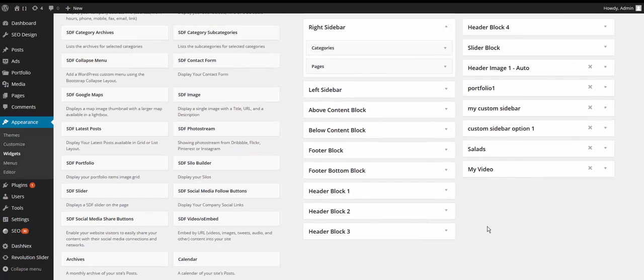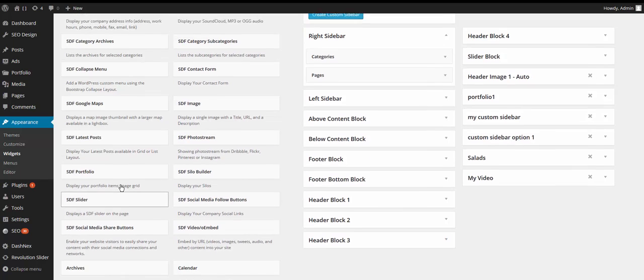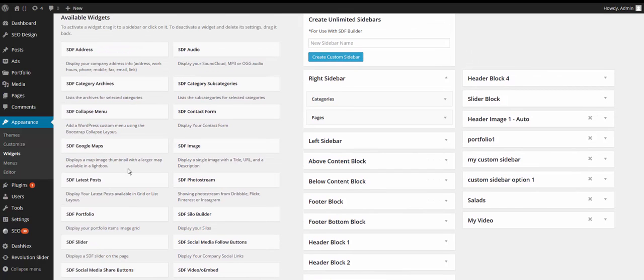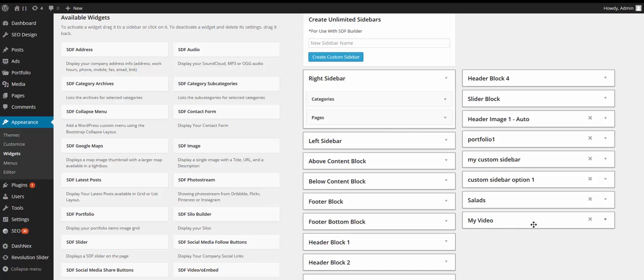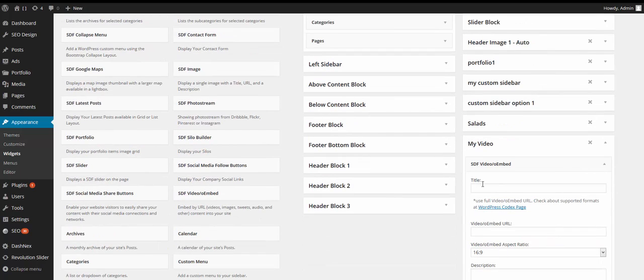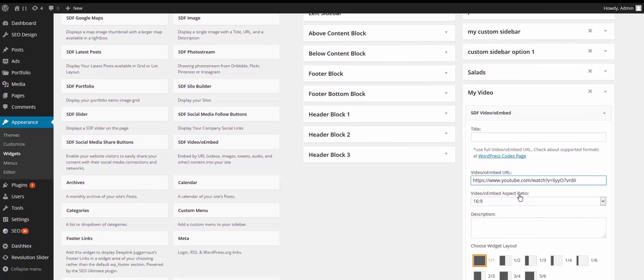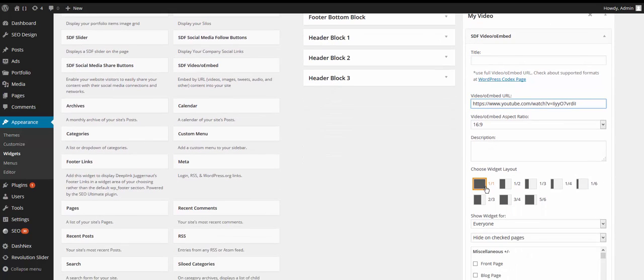And over here, you see we have a video embed feature. We have so many features, I've got to find it. Here we go. I'm going to drag and drop that over into my video section. Once again, I have the option to just paste the URL, decide what aspect ratio I'd like. I can put a description or a title in there, and I can also determine what type of layout. If I'm going to add more than one widget area in this, I could create 1/2. Or in this case, I want to use the entire width, so I'm just going to leave